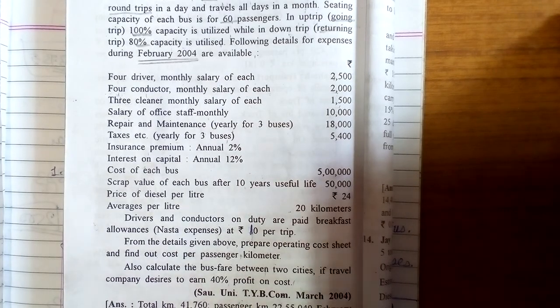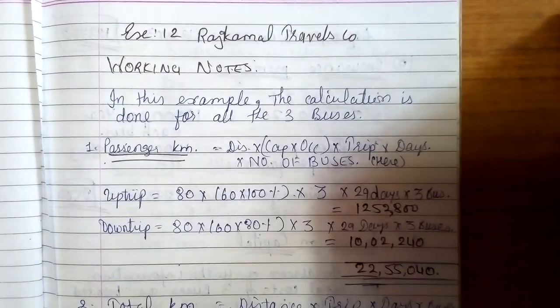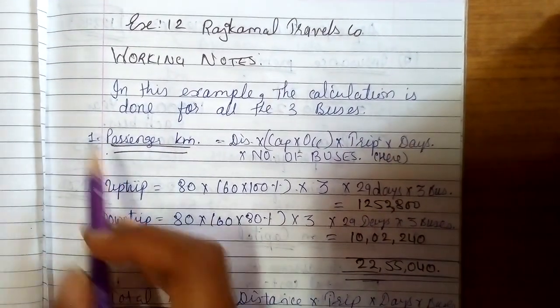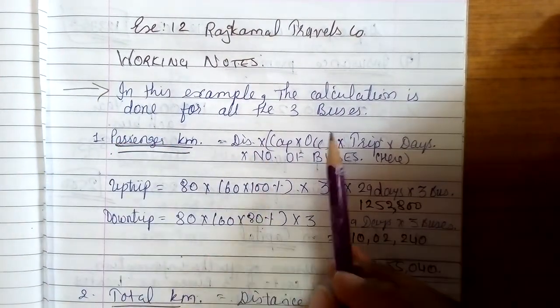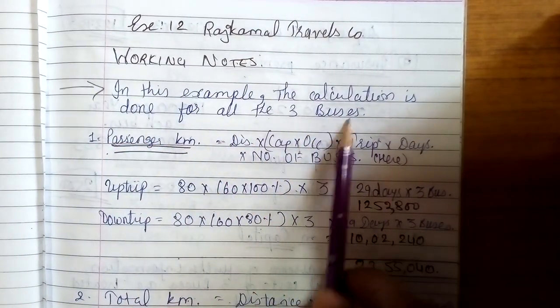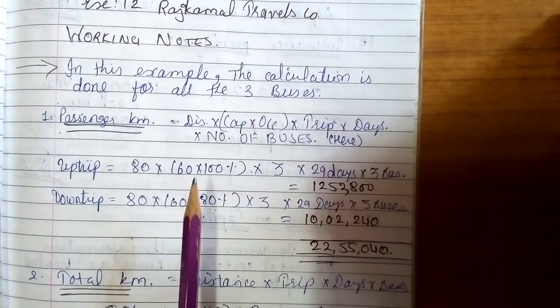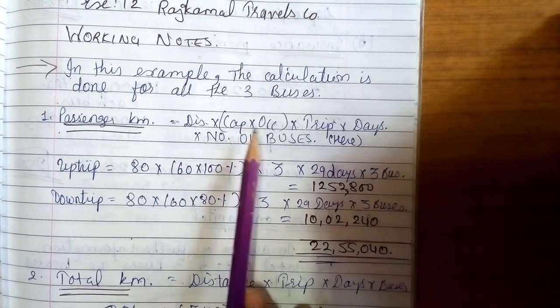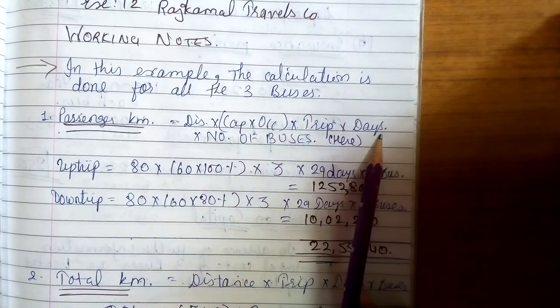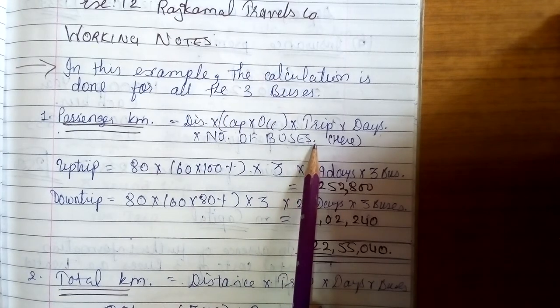So let us start with the working note, starting with an important note. In this example, calculation is done for all the 3 buses. So passenger kilometers are given, distance, capacity, occupancy, trip and days. And here the number of buses is also to be considered because we are going to calculate for all the 3